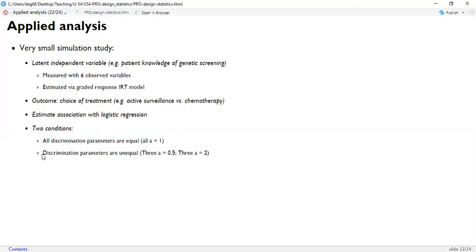And one where the discrimination parameters are unequal. In this case, I'm just arbitrarily picking 3 of them to have a discrimination parameter, which I've indicated with an A, equal to 0.5, and 3 are going to have the discrimination parameter equal to 0.2, not about equal to, actually equal to